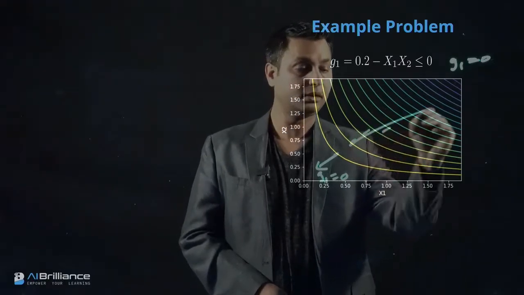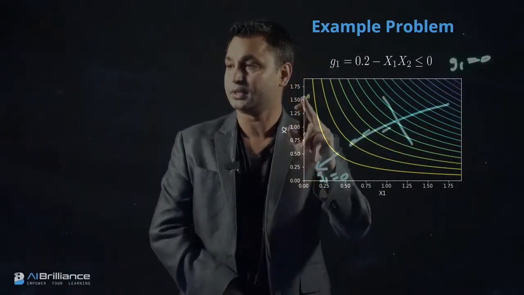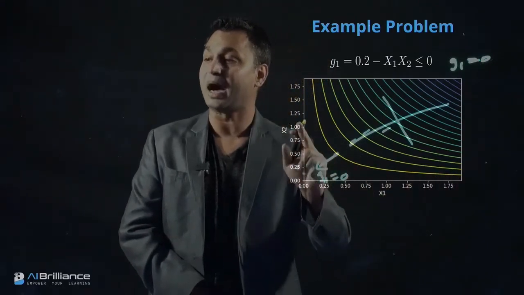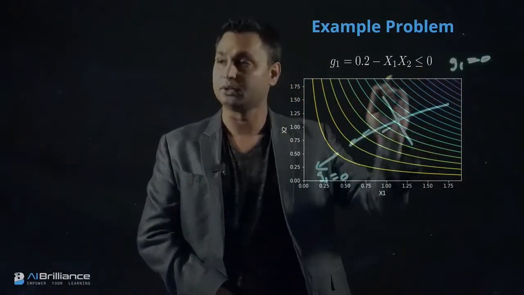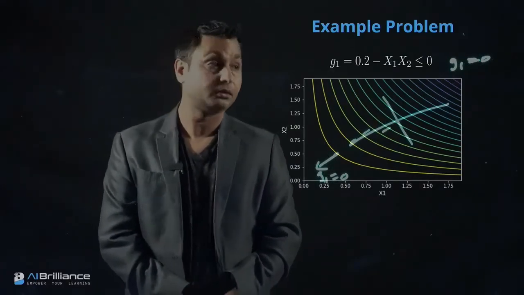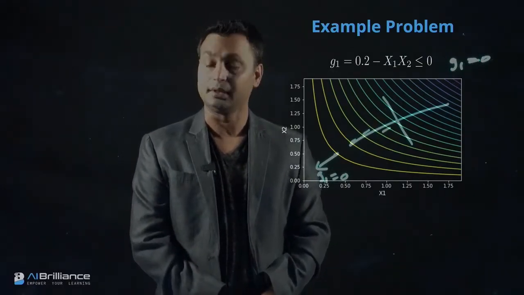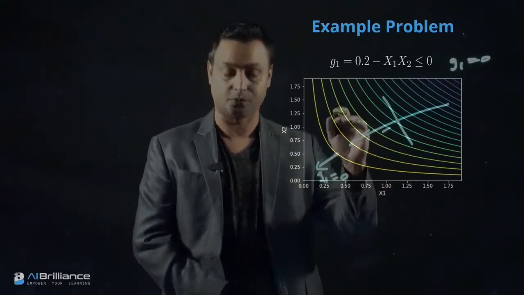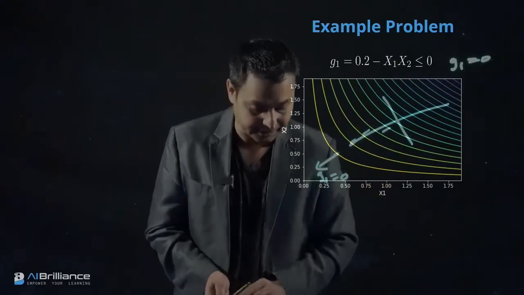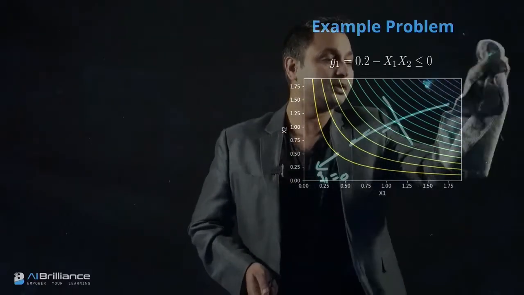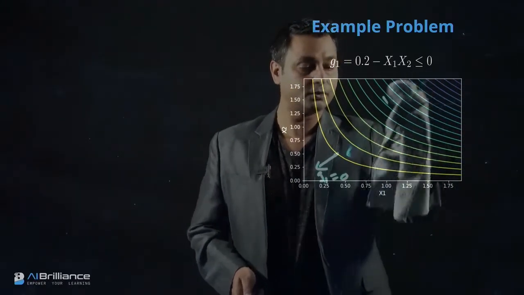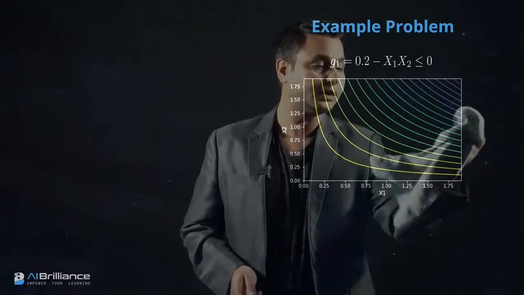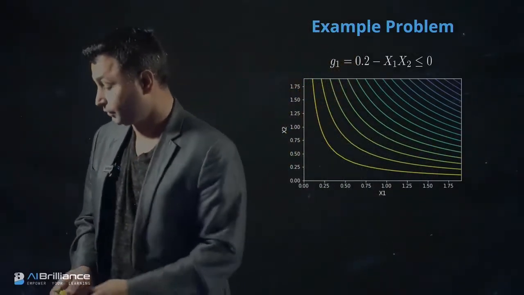So we don't need all of this contour plot, we just need this one, and that's what we are going to retain because that defines the boundary of this G1 inequality nonlinear constraint. And then we will find out which one is the feasible and infeasible region by substituting points here. Let's move on to that step so we can check out which regions are going to be feasible and infeasible once we have identified the boundary. And then that will help me in plotting essentially the constraint that we have.